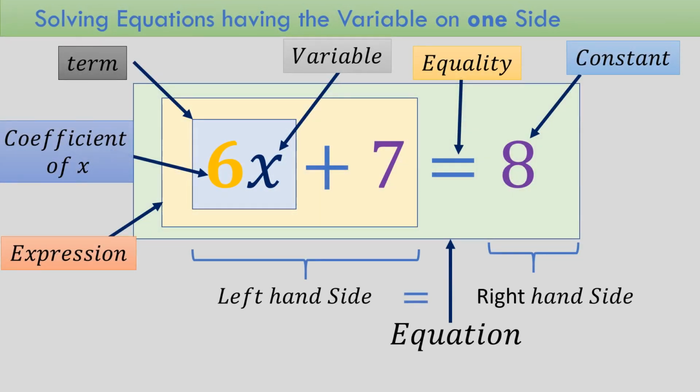Moreover, earlier we have solved it for the equations having variables at one side only, like this equation given here. We have shown the different terminology for the algebraic equation like variable, constant, coefficient of x. This equation has only one expression involving variable x on the left hand side, while we have 8 as a constant on the right hand side. We have already solved such questions before.